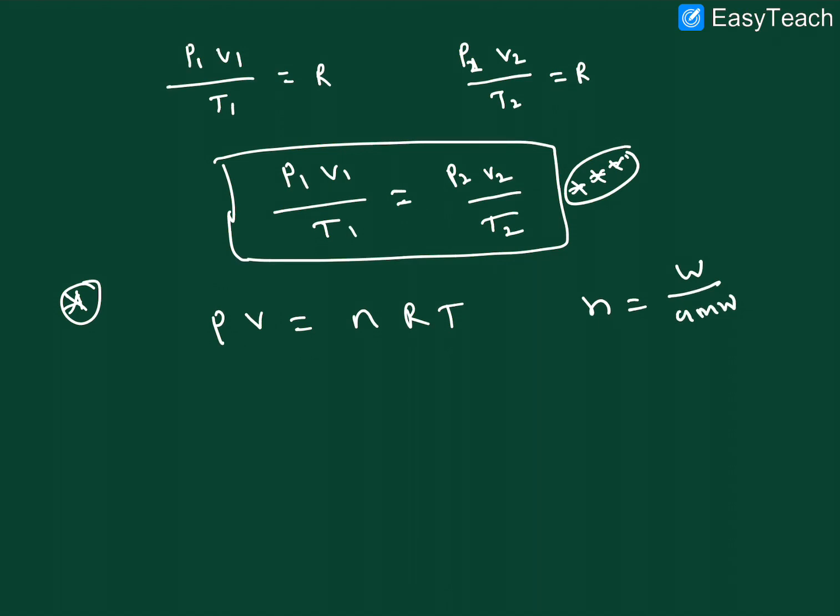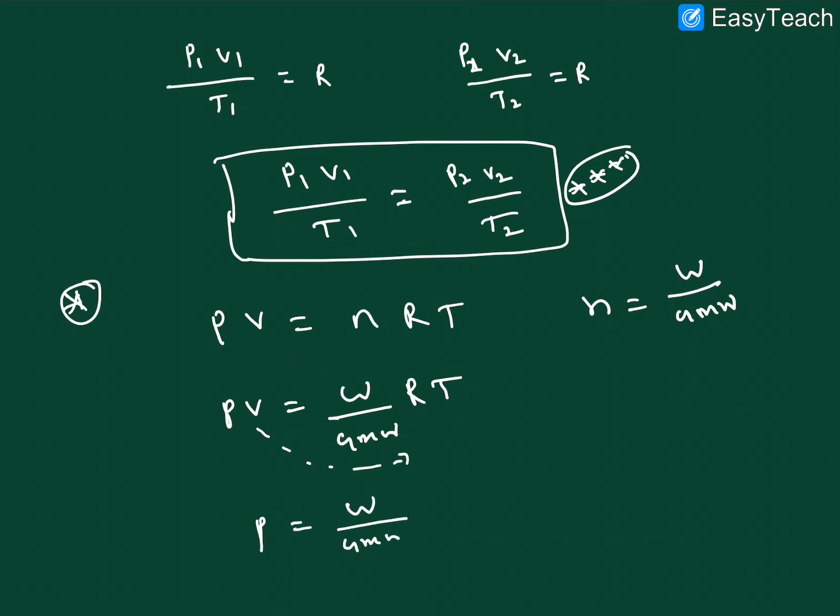Sometimes they ask, if the density of a gas is known at a given temperature and pressure, can you calculate the other temperature or other pressure? So for that, what is the formula? P1 by P2 is equal to density 1 by density 2 into T1 by T2. So this is the formula. I hope it is clear.